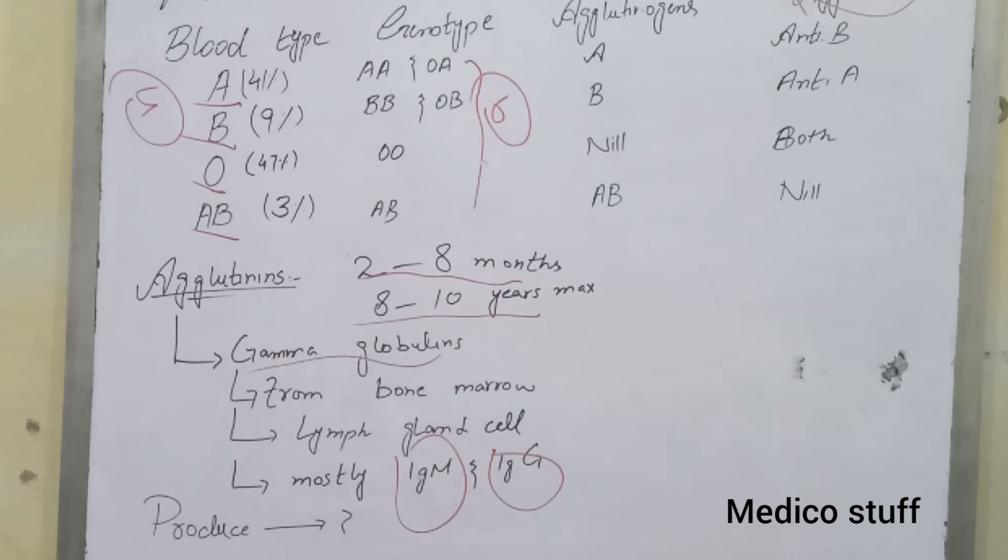How are these agglutinins produced? So the answer is that we usually eat. A simple answer, not a verified answer, to this question is that we are usually eating food, and bacteria and other things in our air contain antigens, and in response to those antigens there is the production of antibodies.